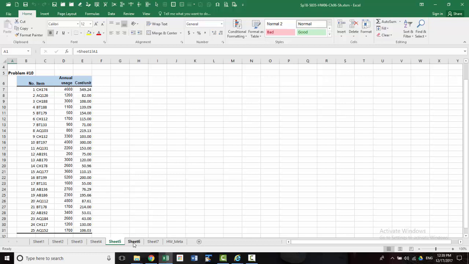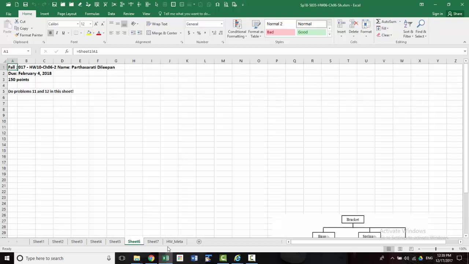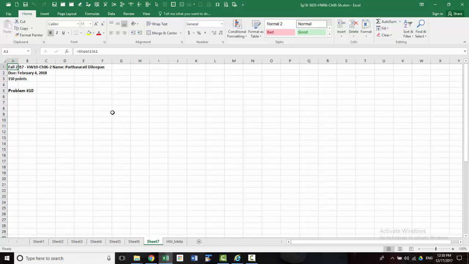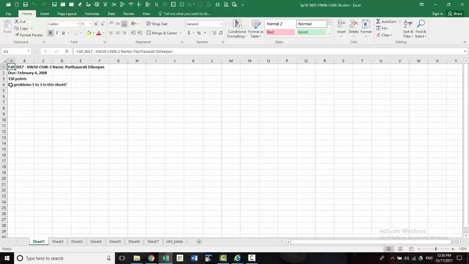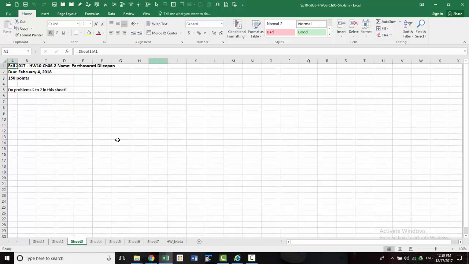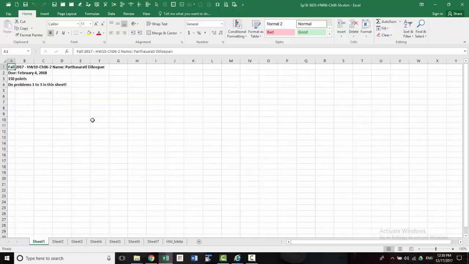But if there are lots of numbers to type in, I have already provided those for you. If you need the chart, I've provided the chart as well. And you need to follow the same arrangement as sheet 1. Here it says do problems 1 to 3 in this sheet, problem 4 in this sheet, 5 to 7 in this sheet, and so on. Follow the instructions, and there are reasons why I want you to follow this, because I